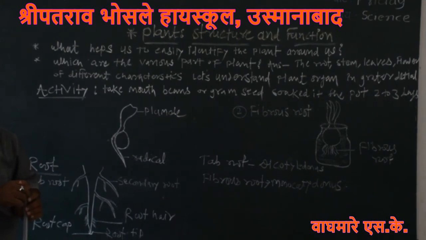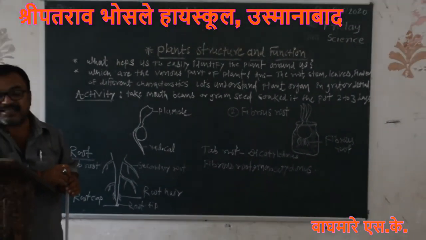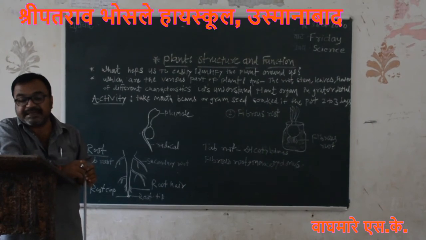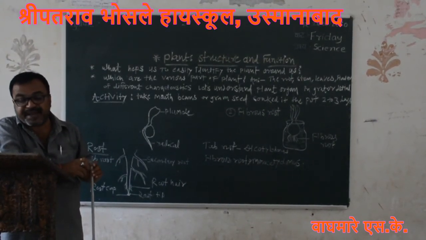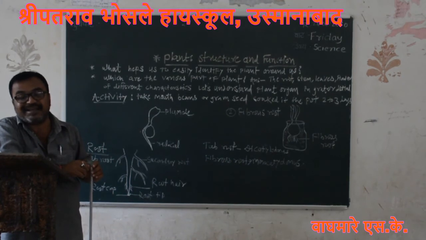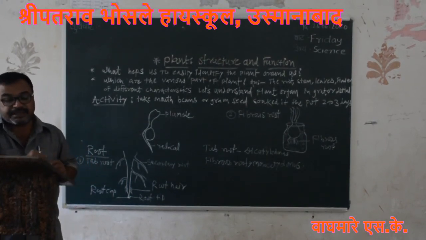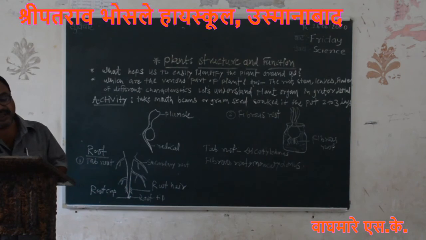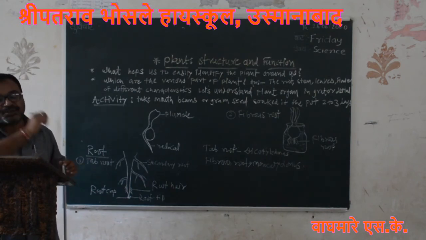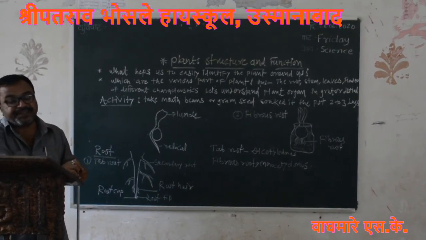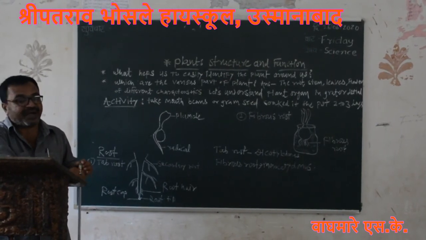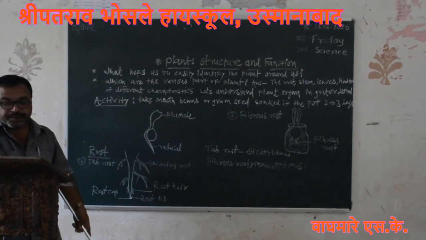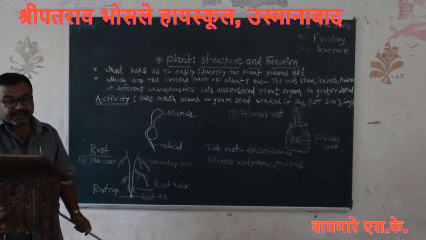Some roots are underground whereas some grow from the stem just above the soil. The latter are called the adventitious roots. Roots show modification to perform additional functions, such as modified roots, aerial roots, stilt roots, runners, breathing roots and pneumatophores. That's why we have to take another activity here.